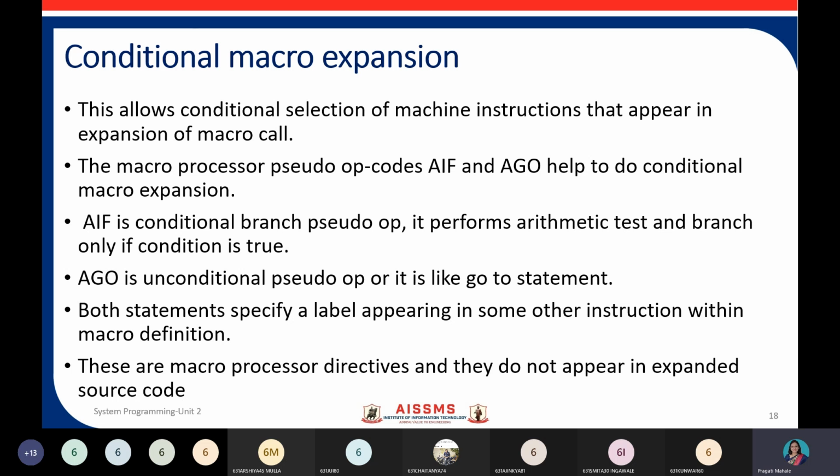As you can see, this allows conditional selection of machine instruction.